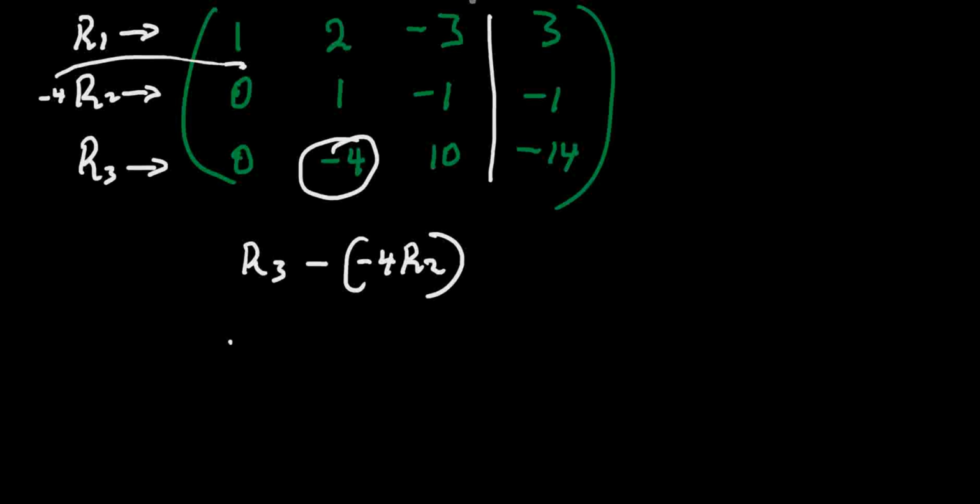Row 1 is still the same: 1, 2, negative 3, and 3. Row 2 is 0, 1, negative 1, negative 1. Now we are on row 3. So row 3, we are going to multiply now. Negative 4 times 0 is 0, and 0 minus 0 is 0. So this is 0. So next,